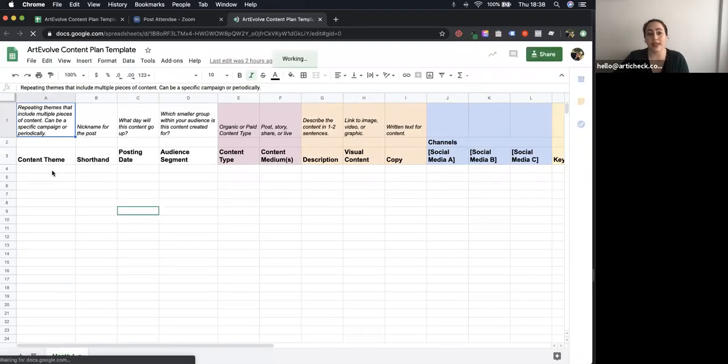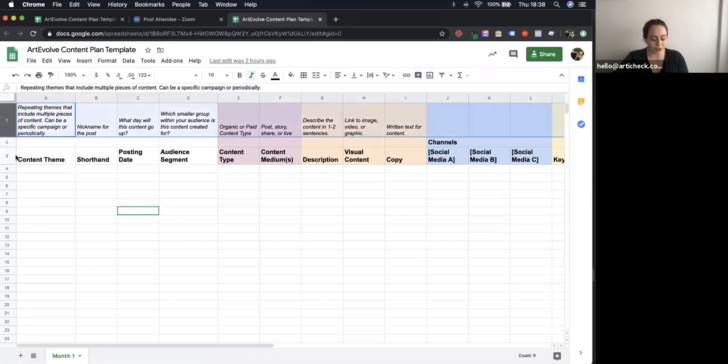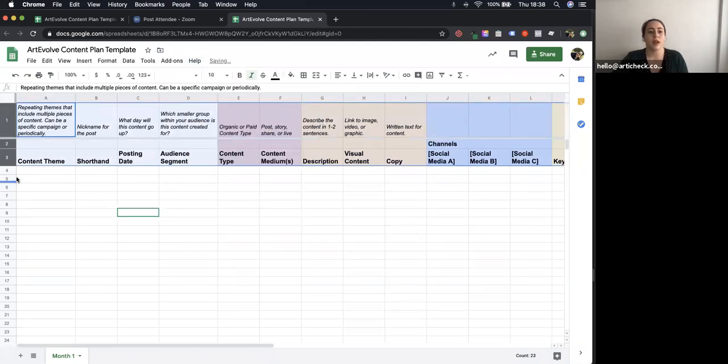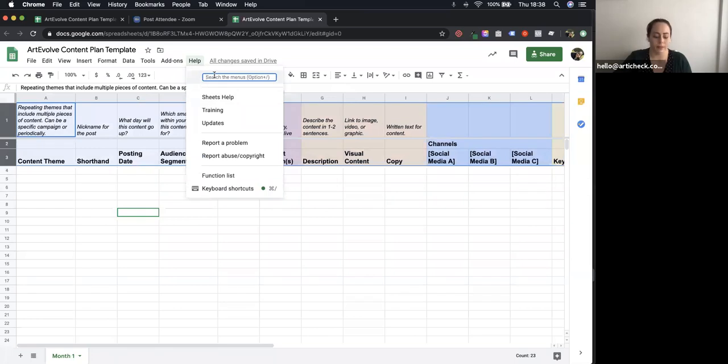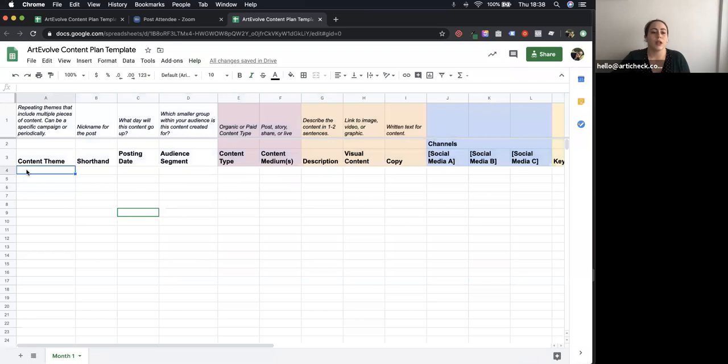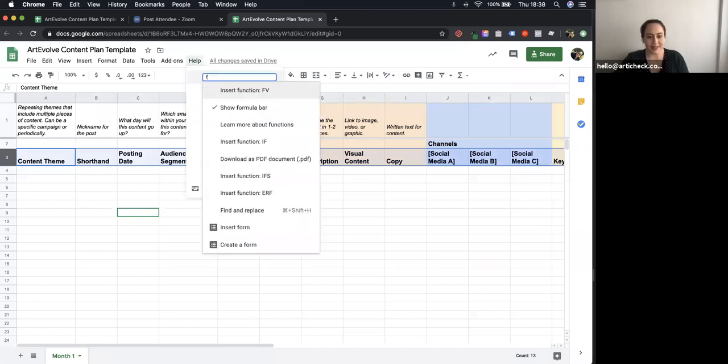So again, you're going to receive this. It's just a spreadsheet, but it's pretty easy to use. Now let me just freeze these so that nothing goes funny. Okay, cool. So we have all of these different sections. Now it's fairly straightforward to use. You put your content theme in here, okay? Oh, clicking around when I shouldn't. You put your content theme in first,